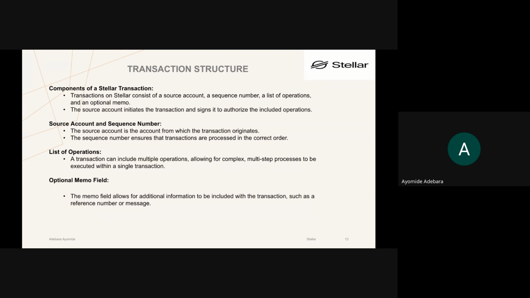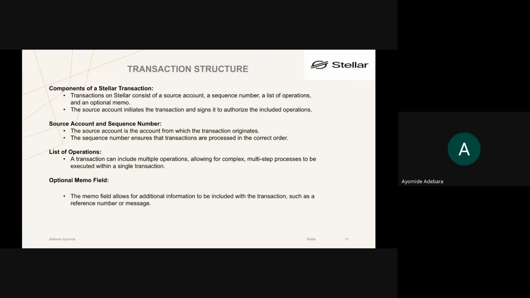Imagine, I'll basically use the same illustration I used from the previous class, imagine we have sequence number 5 and we have sequence number 4. If you send both transactions simultaneously, sequence number 4 has to be picked over sequence number 5 for the transaction. So that ensures that you don't go about what we call double spending. So there's a sequence number for it.